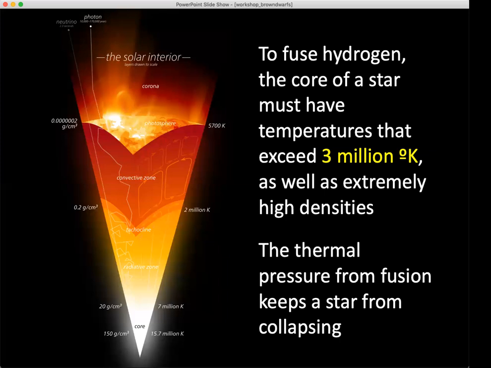So that's the conditions required. And actually, the minimum temperature turns out to be roughly 3 million degrees Kelvin. This depends on density, pressure, and stuff like that. And it actually solves another problem. Not only does the fusion produce the light that we see from the sun, it's also the thing that's holding